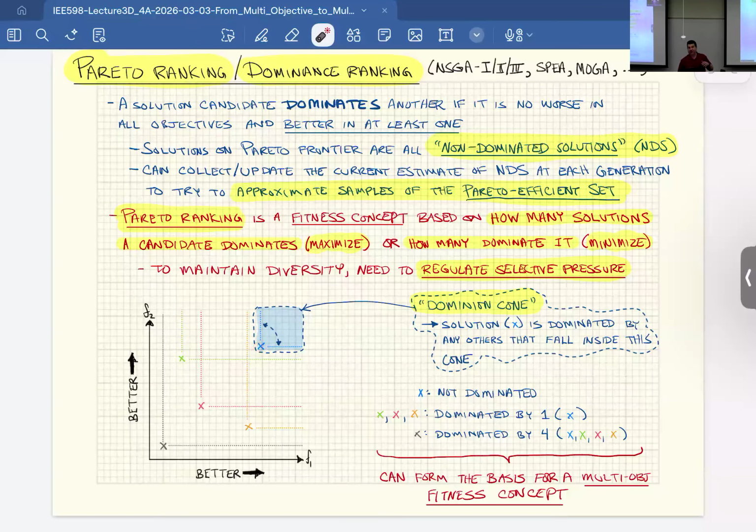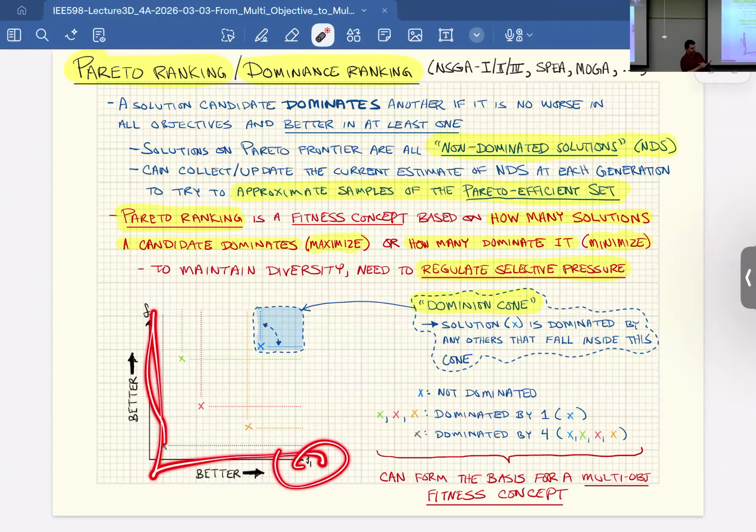And if we've explored the whole space, then the set of non-dominated solutions we found are definitely in the Pareto frontier. The Pareto frontier is the class of non-dominated solutions, or the Pareto efficient set, I should say. And they all live on the Pareto frontier in criteria space here. This is criteria space because we're plotting the criteria.